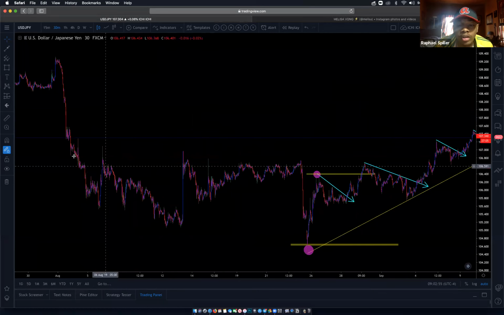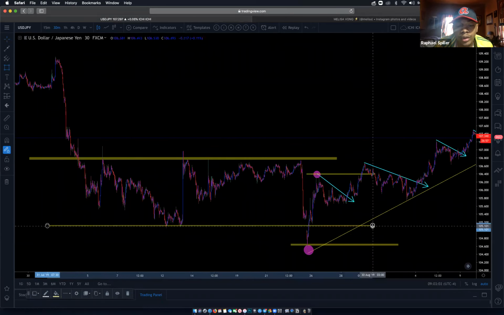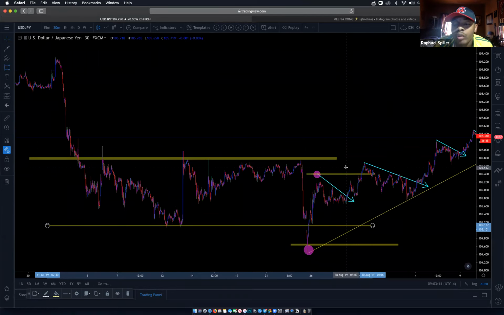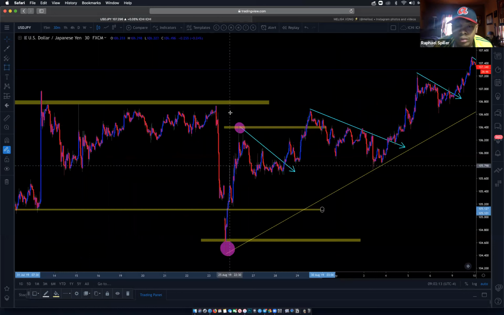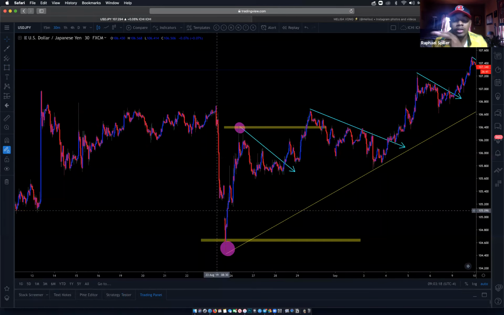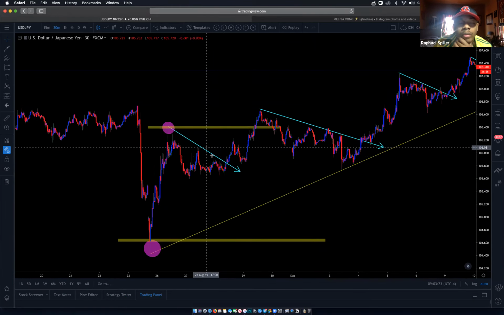In this case, the market was moving sideways for a short period of time, and then we had this breakout, faked me out, created an impulse, created a correction or a bullish flag, and then we're in this area, and we just need these two places to break. Then I would have to think about what to do next. So pretty much you have to break things down in a simpler way.